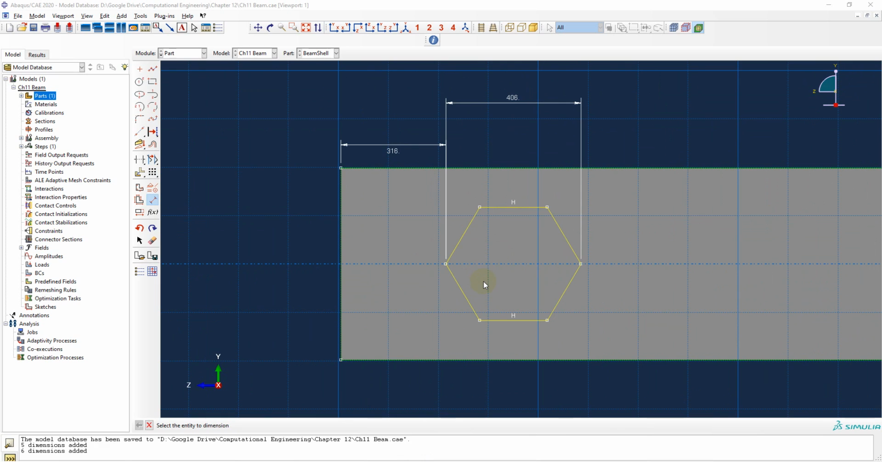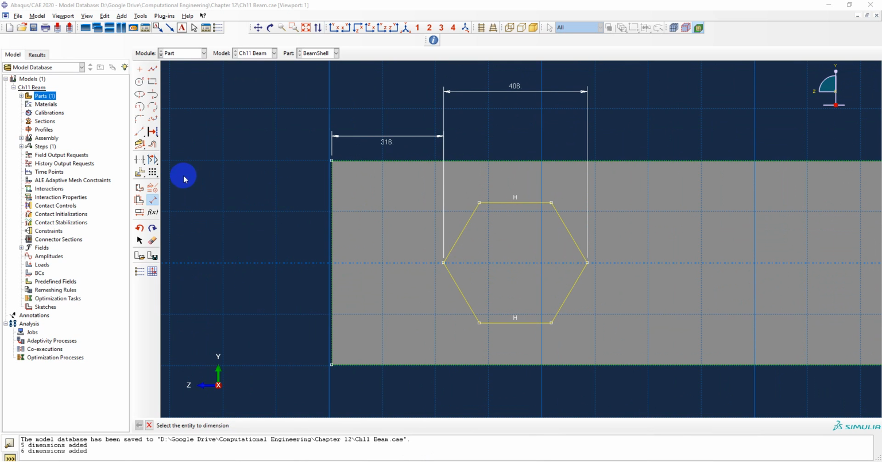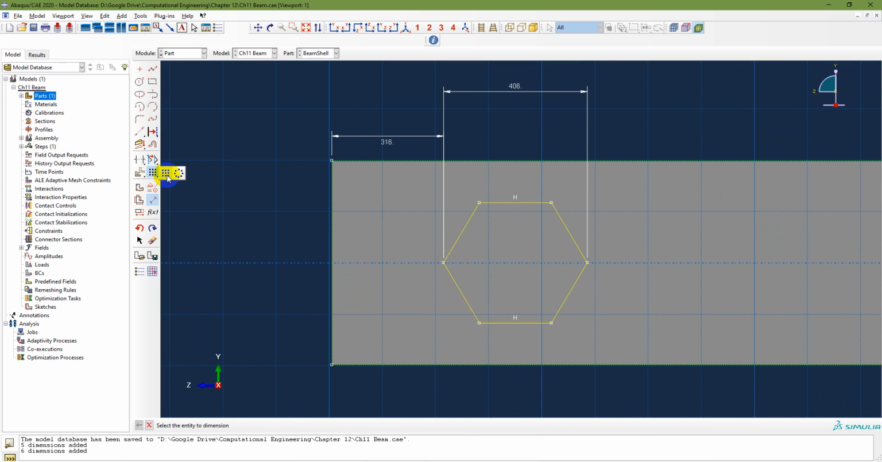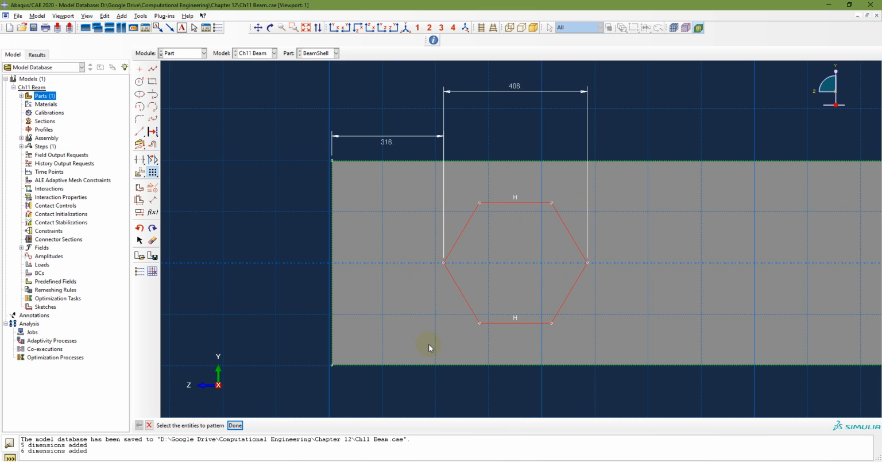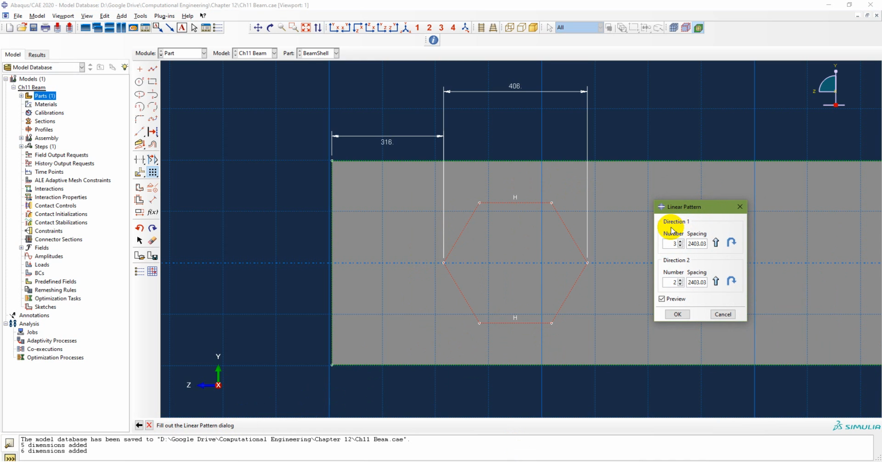Now the next step is to create a pattern. Here you'll have linear pattern. There are two options here, linear and radial pattern. I'll go for linear pattern. It says select the entities for the pattern. So I'll select all that is done, and then that is direction 1 and then direction 2. Direction 1 means the horizontal direction, direction 2 is the vertical direction. So I just want 1, and then in the horizontal direction